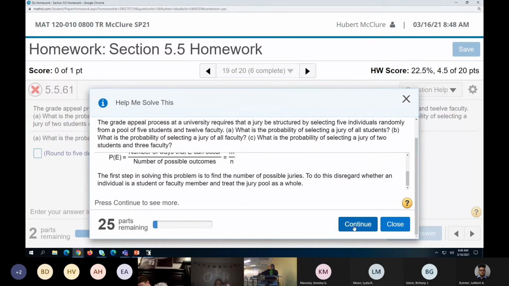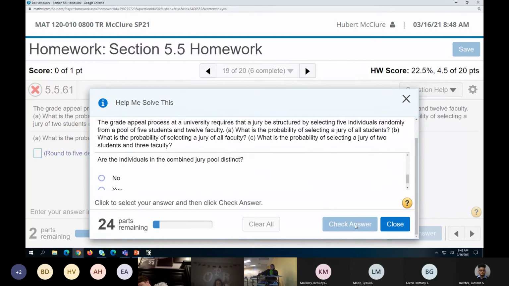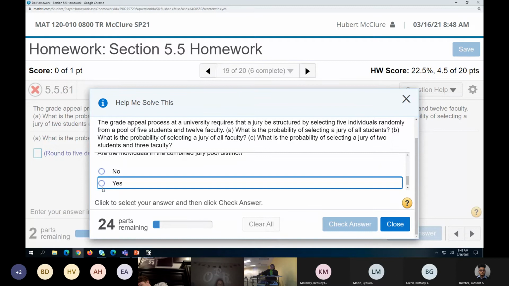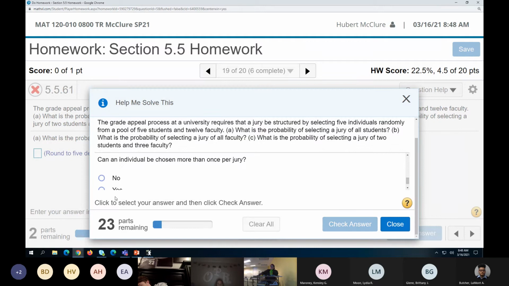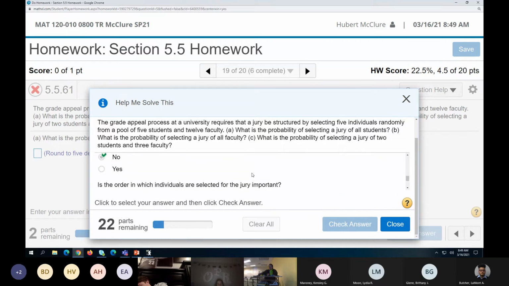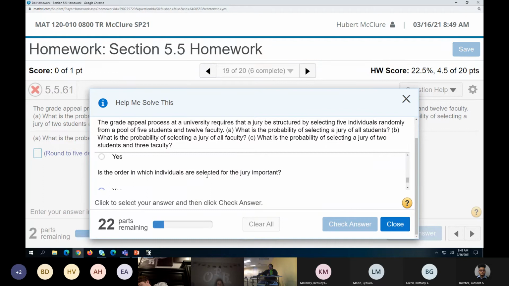So get your denominator, and that would be 17 combination of... I hate when they ask questions. I'm just saying yes. No, just... What is it asking now? That's what I hate about this. Help me solve this. It asks too many questions. What are they asking? In order for an individual,